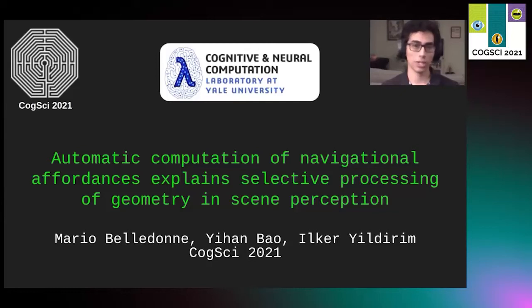Hello. Today, we're going to talk about a new way to think about the nature of scene perception using a framework to understand the computational architecture of selective processing. This framework enables us to capture two foundational aspects of scene perception: the automaticity of processing navigational affordances and flexible